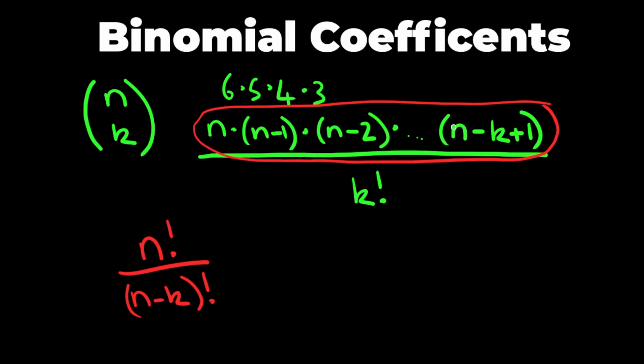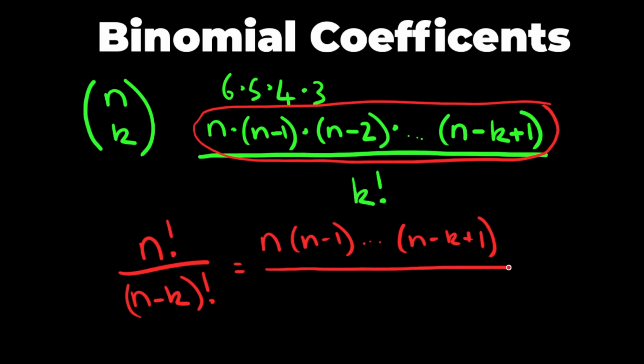The reason this works is I just want to go up to n minus k plus 1. So if I had n minus 1 dot dot dot n minus k plus 1, n minus k dot dot dot all the way down to 1, then I know that if I have n minus k factorial,